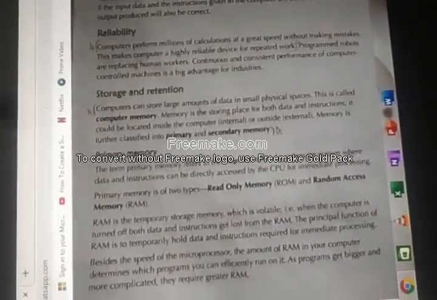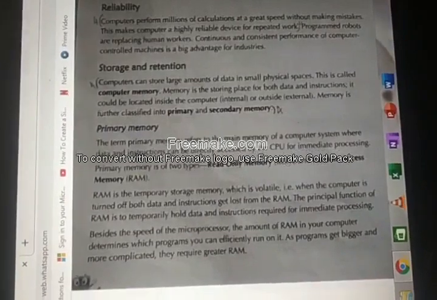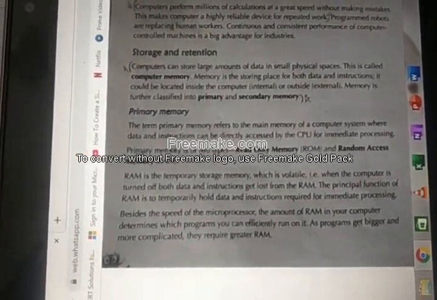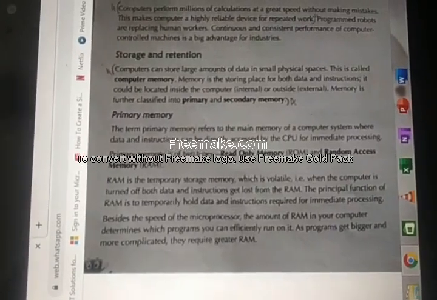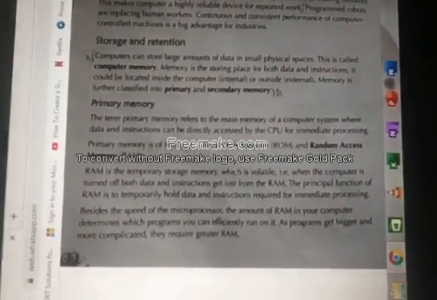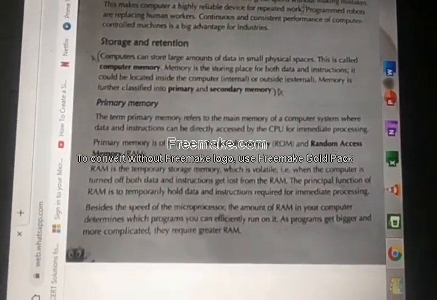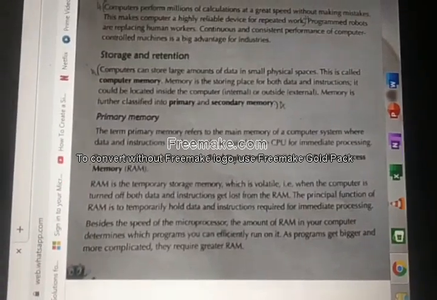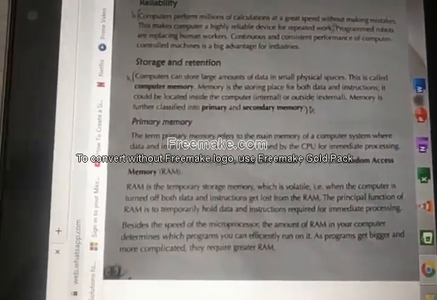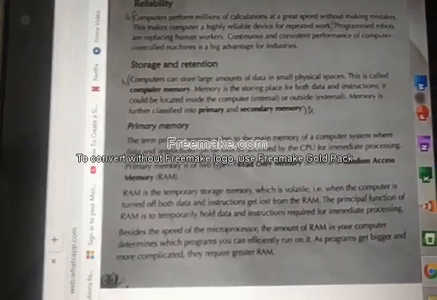Okay. What does RAM store? How does the RAM work? The RAM stores only frequently used data. It stores data temporarily. Why are frequently used data stored in RAM? To increase the speed of a computer, to boost the speed of a computer. Okay, that's it.